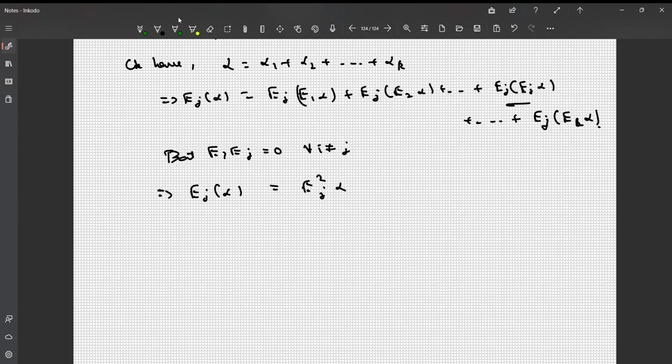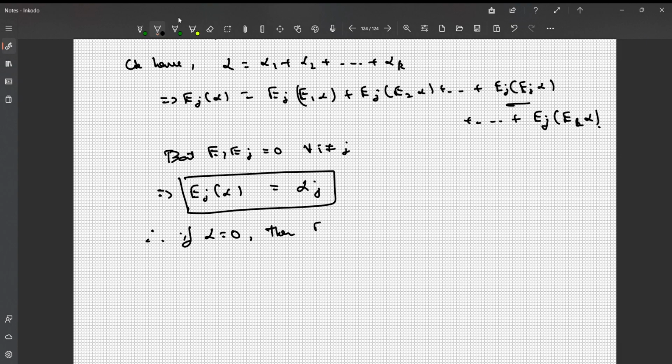But also we can immediately think of it as, so Ej of alpha is denoted as alpha j, so Ej of alpha j is again alpha j, so Ej of alpha is nothing but alpha j, right? Clear? Therefore, if alpha is equal to 0, then Ej of alpha, since this is a linear operator, must be equal to 0, which is equal to alpha j. So alpha j must be equal to 0. Since j is an arbitrary index,